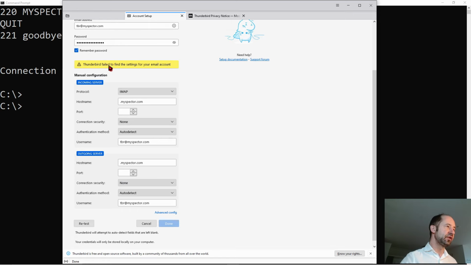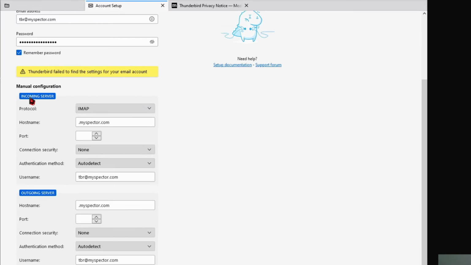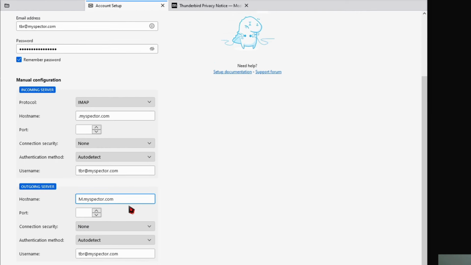TBR, password is safe, Thunderbird failed. Okay, incoming server, myspector.com, it is not yet open. Outgoing server, host name, this will be mail. Yes, I need the incoming server, IMAP or POP3.